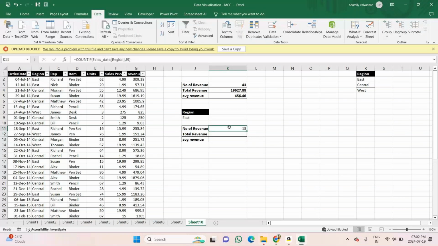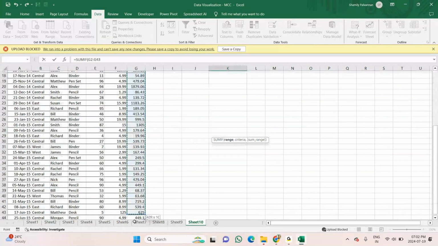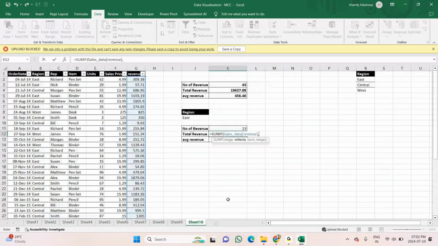So for these 13 we have to calculate the total, equals to SUMIF. SUMIF. Sum is for what? For the revenue, total revenue. So entire revenue column, that is range, comma, sorry, I have made a mistake. So SUMIF has range, criteria, and sum range. Sum range means based on what my condition is applied on the east.